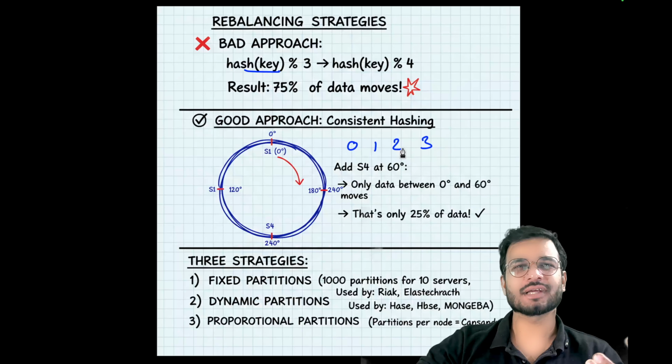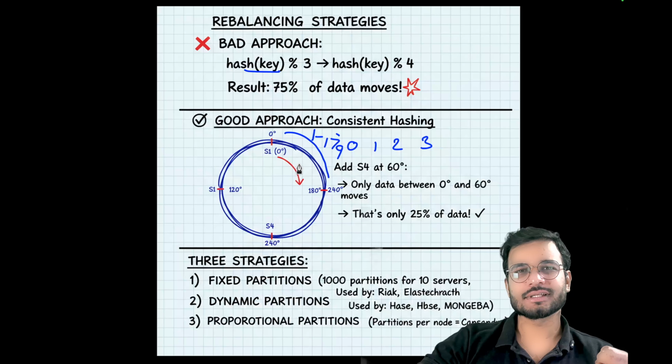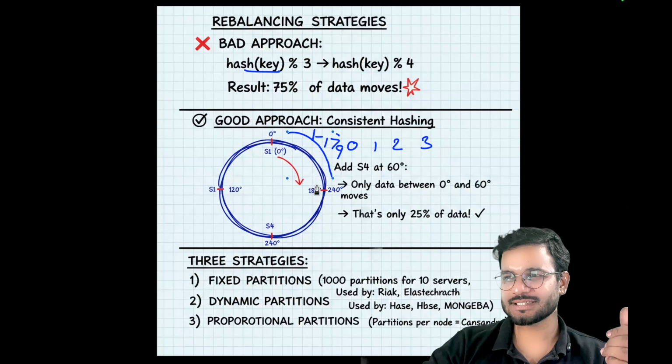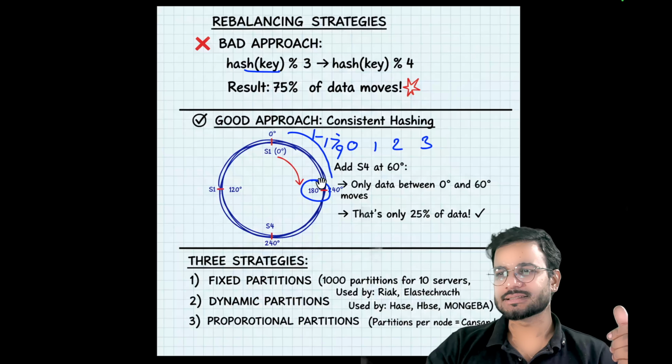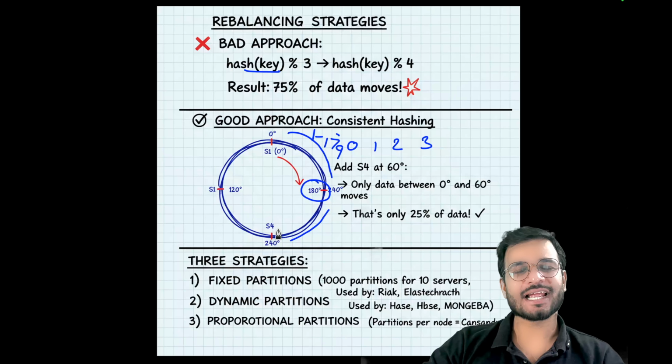So if we are having a hash range between maybe 1 to 179, in that case we will see which is the next server to it. So here we see that the server is at this point. We will put it into this server. Similarly, whatever values are found in this range, we will put into the next server towards the right of that server. So we'll put it here.